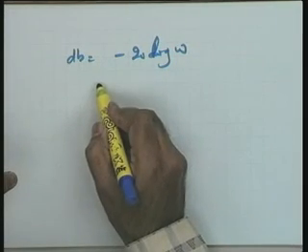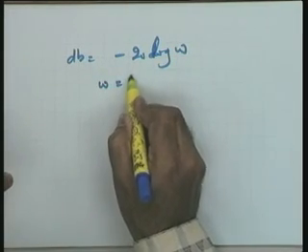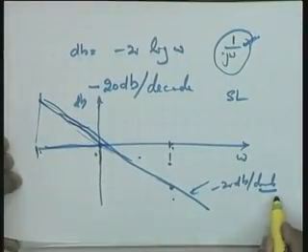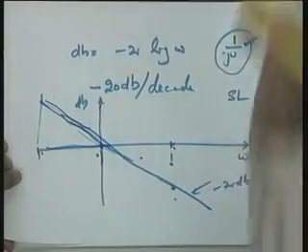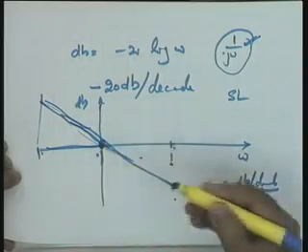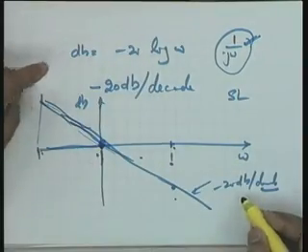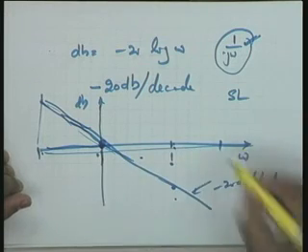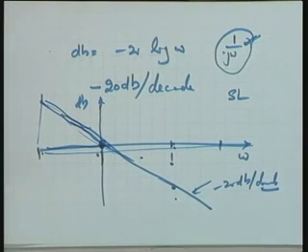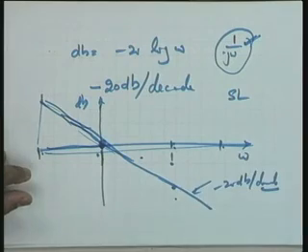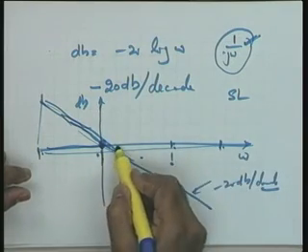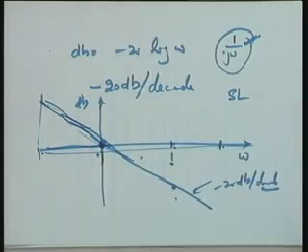Help me, what is the value? At omega is equal to 1, this is the line I have given you. As far as minus 20 dBs per decade is concerned, as he suggested, let me take this point and take it 20 up. That way, as far as the line is concerned, you take any point on this axis, you mark a decade on this side, you take it minus 20 dB down. You mark a decade on this side, you take it 20 dB up. It is going to be a line of minus 20 dBs per decade.